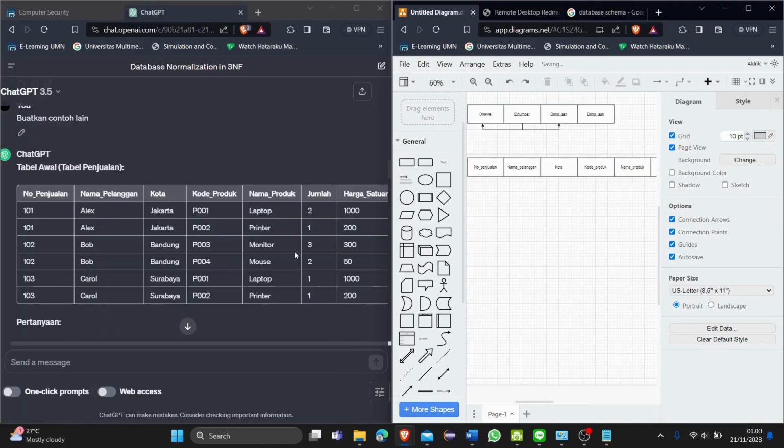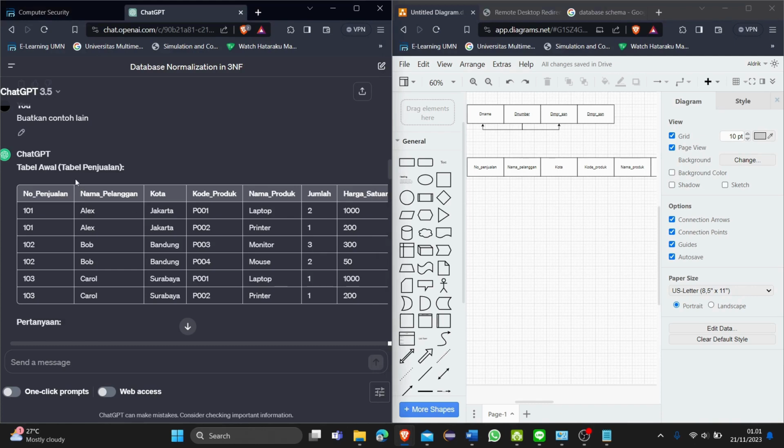Okay, maybe I'm going to give you an example of how to convert 1NF to second NF. Remember, to convert it to second NF, you have to find the partial dependency. Here I found that nama pelanggan, kota, and jumlah are partially dependent on primary key nomor penjualan.